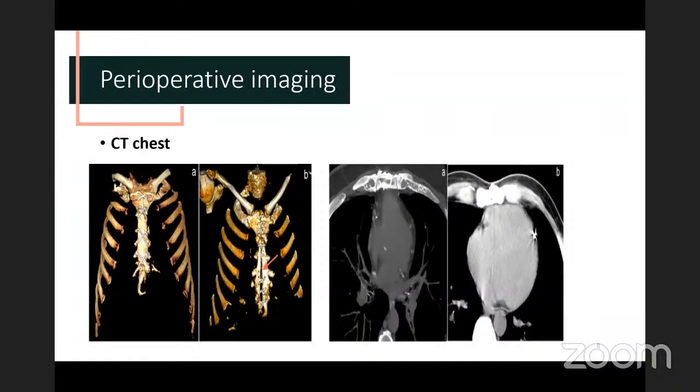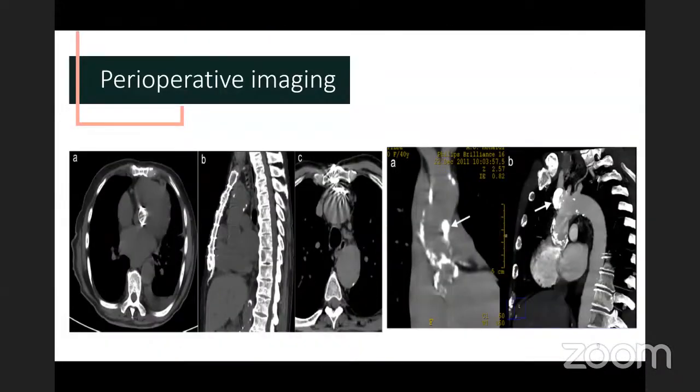Most patients need a CT chest with contrast. CT chest is more sensitive and more specific in assessing the proximity of the cardiac chambers, the main vessels, and the surrounding structures to the sternum, anticipating the risk of injury during re-entry. As you can see in the left picture,